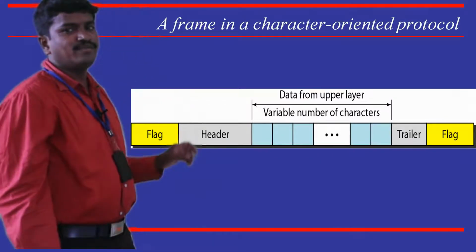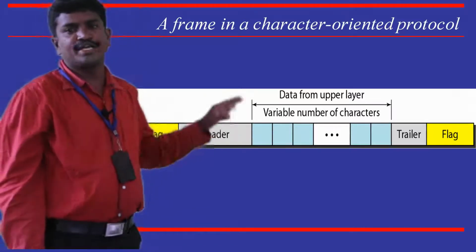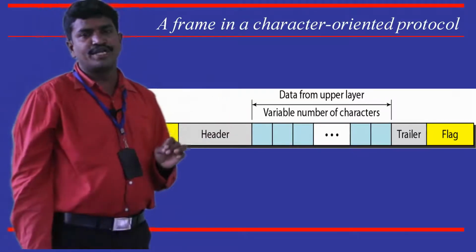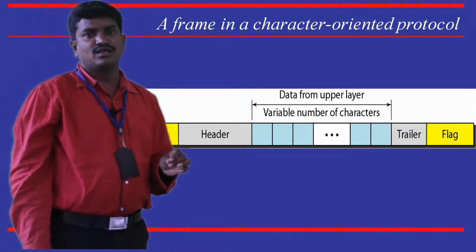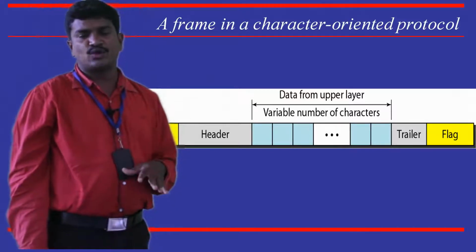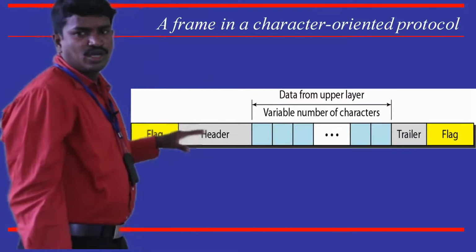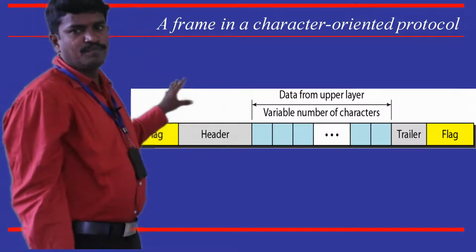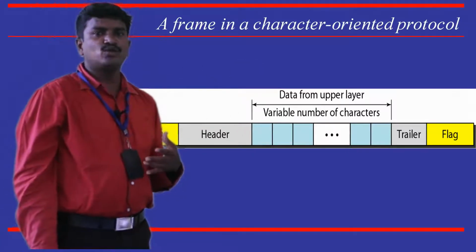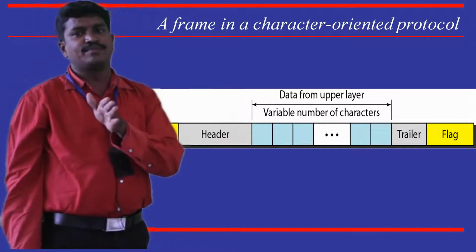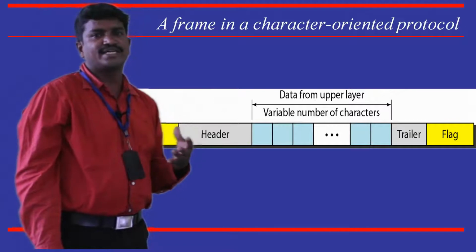So in the case of variable size framing, there are two methods. One is the character oriented protocol and the other is the bit oriented protocol. Framing can be implemented in variable length framing with the help of these two. Now in the case of the character oriented protocol, when data comes from the above layer, there should be a way to identify which is the beginning and which is the ending. So in the character oriented protocol, the data transfer takes place in the form of characters, like bytes.